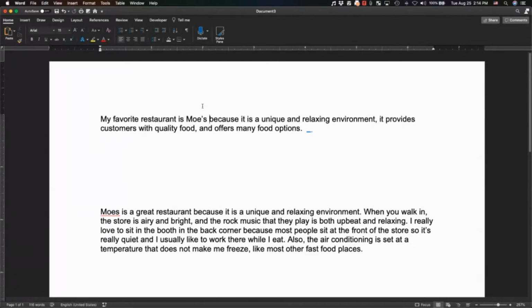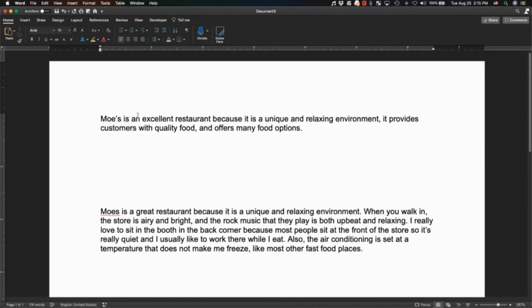Cool. So there is no first person in this later part of the sentence, right? But we still have this first person hanging out over here. My favorite restaurant is Moe's. So what do we do to get rid of that? Well, what I'm going to recommend is we just cut that part out, and then we can say something like Moe's is an excellent restaurant